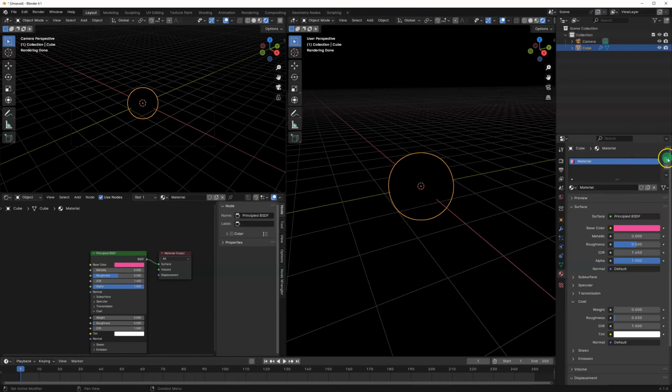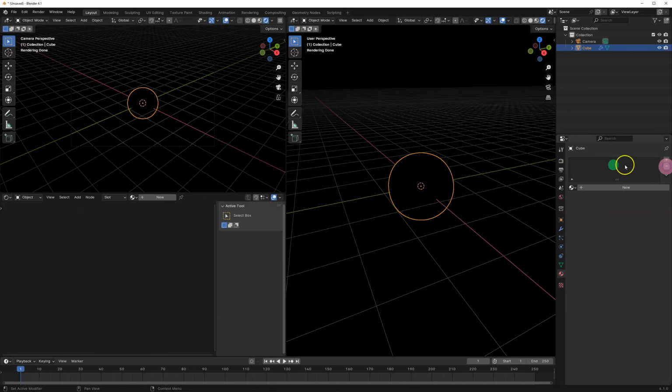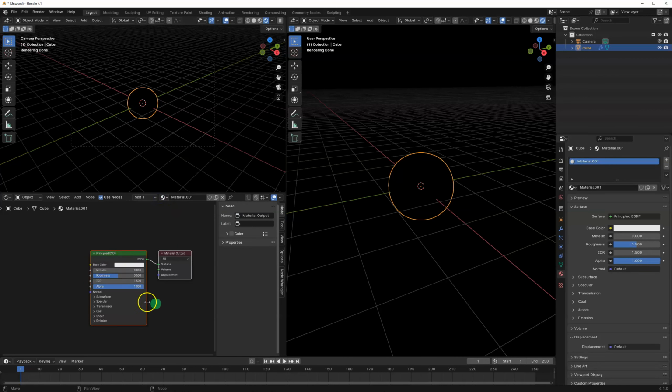And if we want to delete this material, we just click on the minus here and it's removed the material. And then we can always add a new material back in here. And then we've got a material back, and we can double click it and rename it like that. Okay,